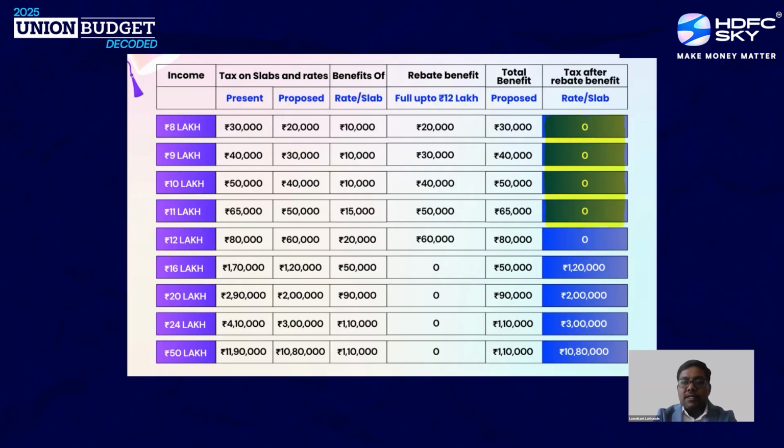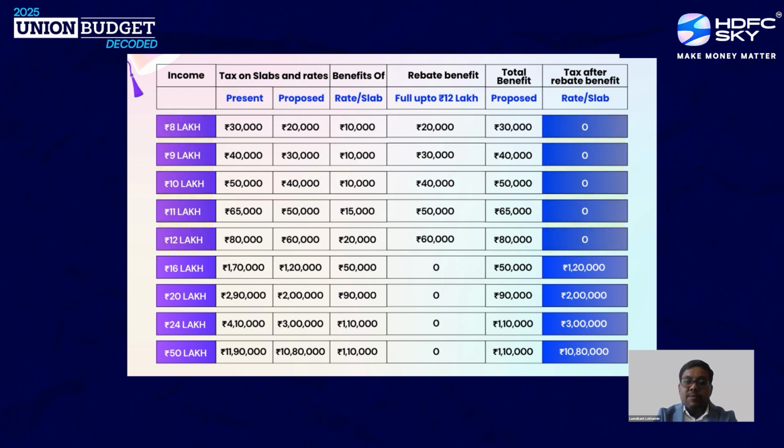Okay, so let me just take a moment to highlight the change which has been brought into this particular new tax regime. As we were expecting and discussed in our pre-budget session, there could be tax sops announced for the middle class to boost consumption, and the finance minister has delivered on that front. Now the change is that under the new tax regime, there will be no tax up to rupees 12 lakh annual income.